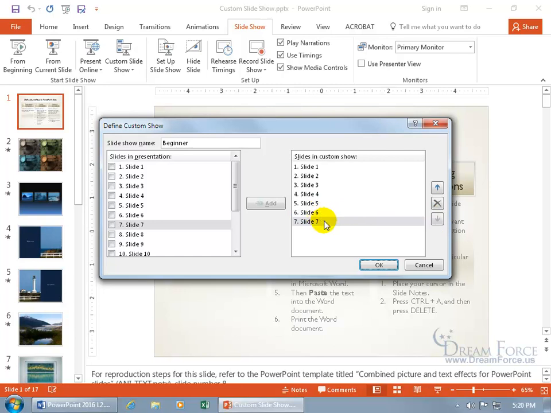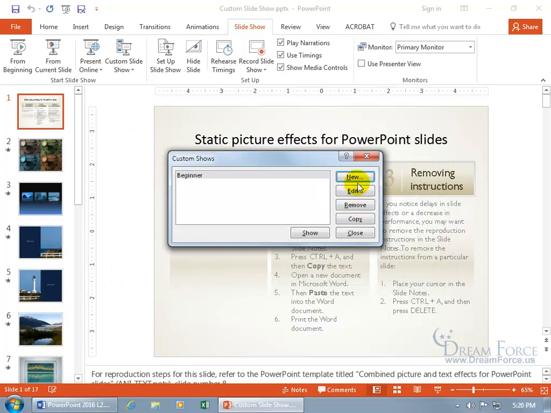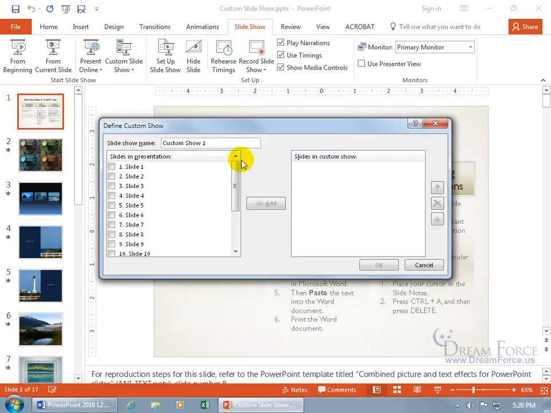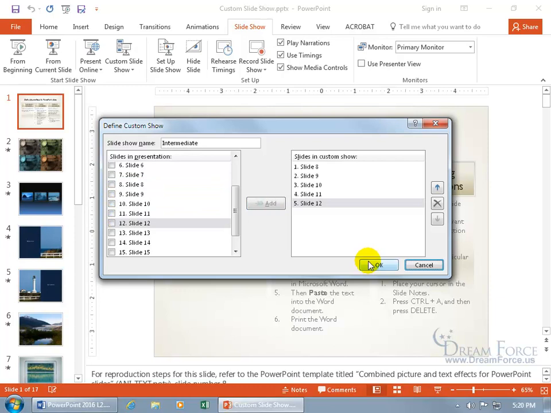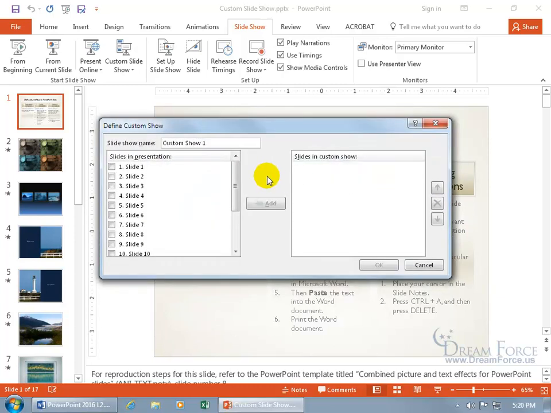In any case, when you're done with that, go ahead and click OK, and let's do another one. Click New. This one's going to be our intermediate. And this one we'll do 8 through 12. Add, click OK, click New, and this one's going to be advanced. And we'll do